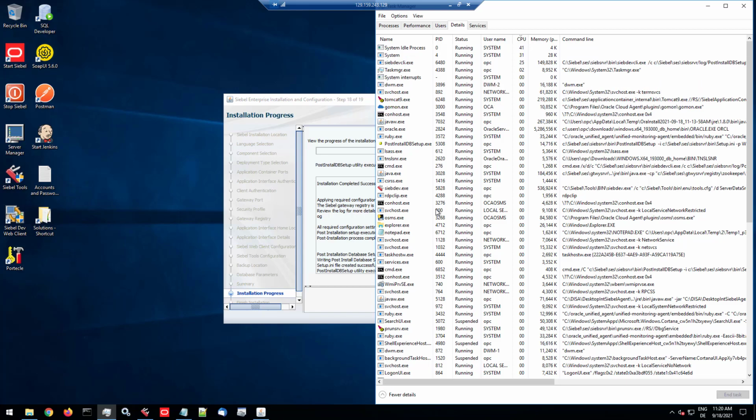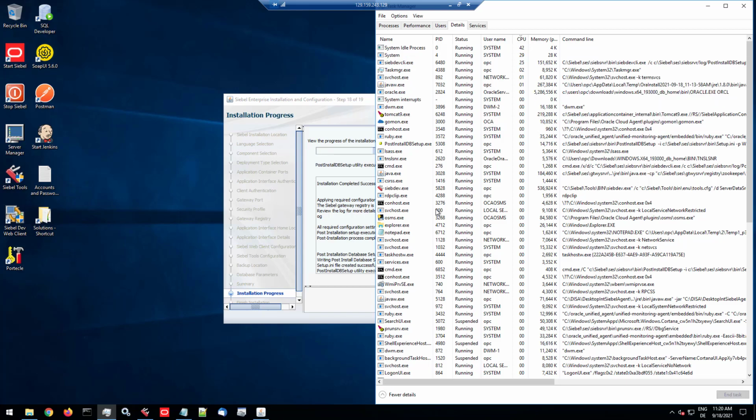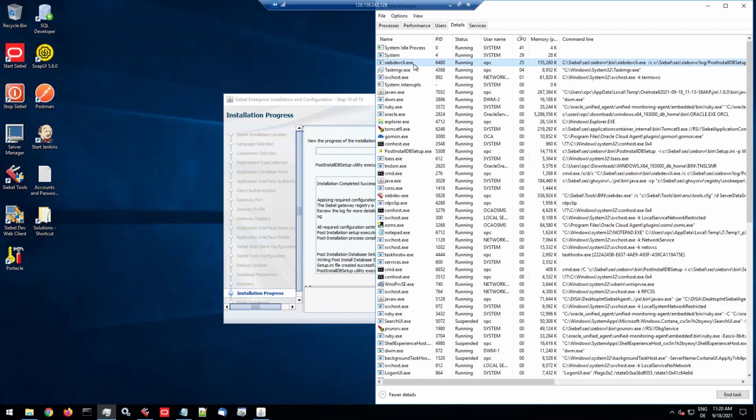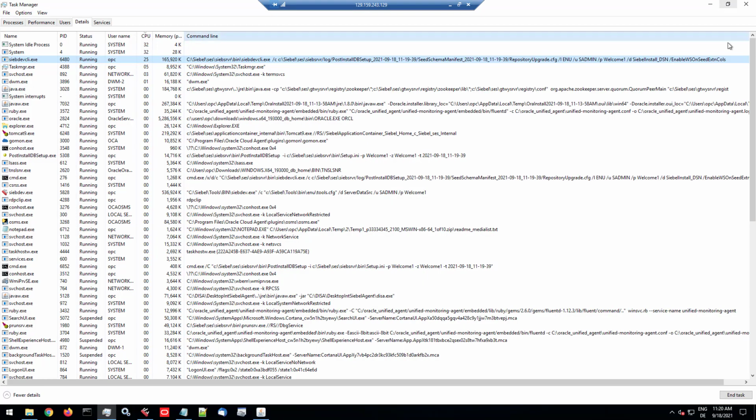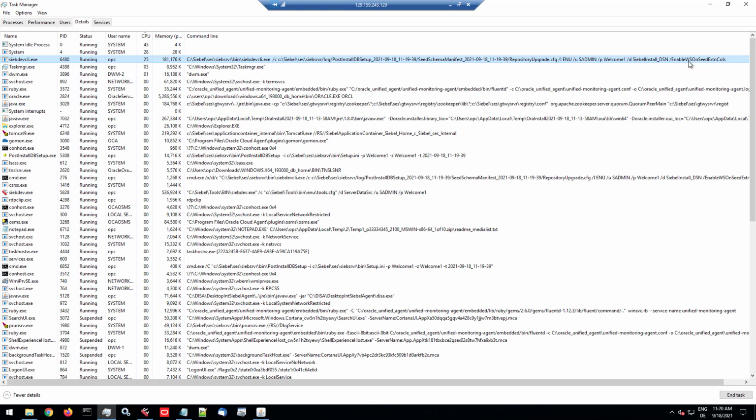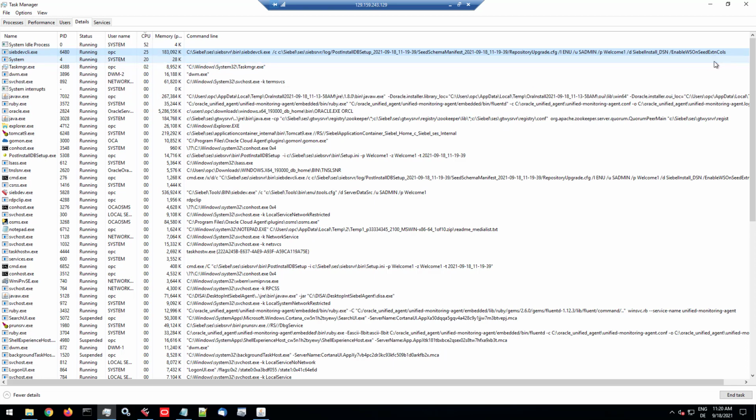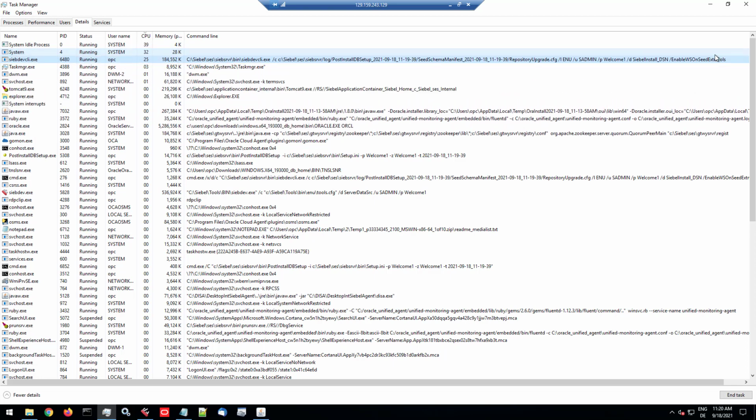So I just killed them, which is not the nice way. You see also Siebdev CLI running. What's it doing now? Enable workspaces on external seed columns, whatever that is. So Siebdev